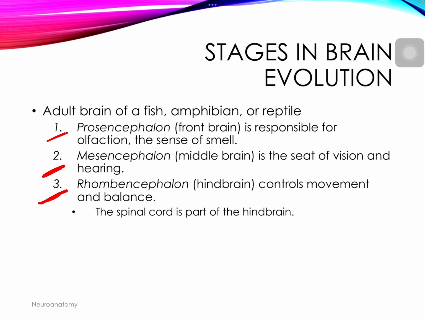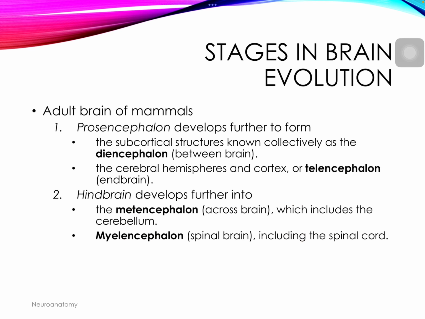And so these are what is considered the older parts of the brain. Think of any animal needing to be able to smell, hear, see, balance, and move. And we know that, for example, the spinal cord is a part of that hind brain. And this is really good to know, this idea of how these portions developed into what we see as big structures in a human brain, because it can help us understand where certain structures are and why they are important to survival.